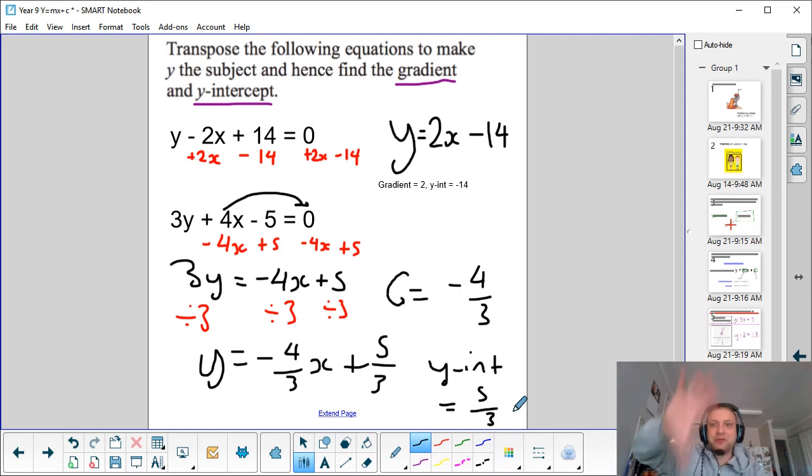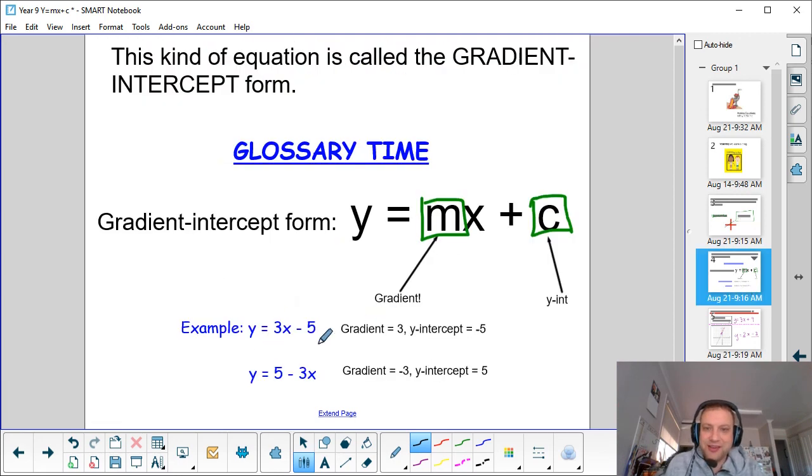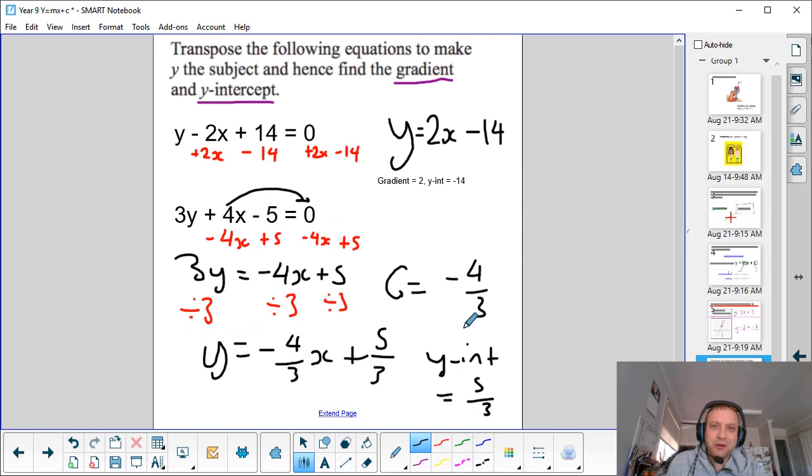There's a left-hand side on your worksheet that's pretty straightforward. It's mainly just looking at equations and finding the gradient and finding the intercept. The right-hand side does require this. Have a go at a couple of them, see if you can get your head around them, see if you're getting the answers right. And if this part's a bit too tough, then it's probably time to move on to